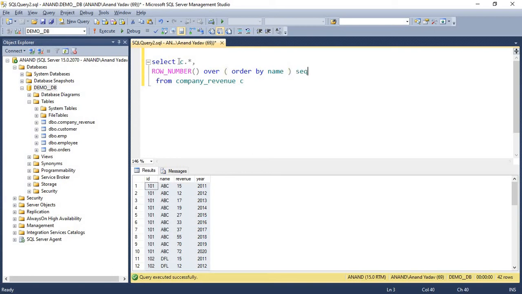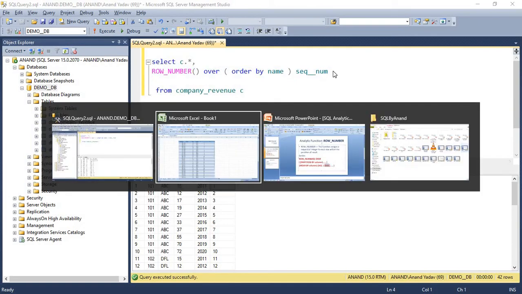This will be the sequence number column for us, and let me execute this query. Yes, you can see the sequence number is a derived column, and this is the running number incremented by 1, generated for this existing table.